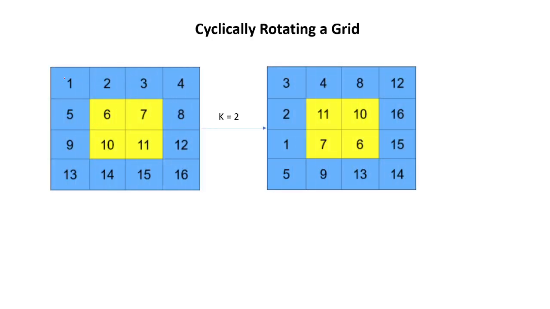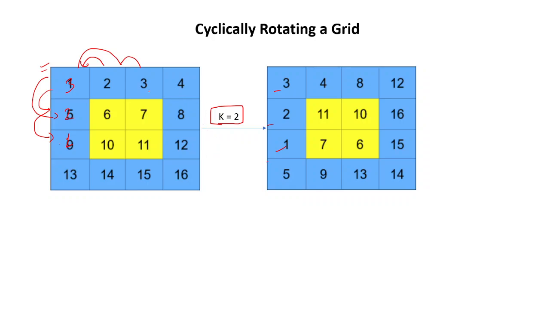Suppose this is our matrix. I have taken the example from there itself. This is our matrix, and after two counterclockwise rotations, k value is 2, we get this final matrix. So how do we get it? Two counterclockwise means this 1 will move to this position, then again from here to here. So 1 will come here, 2 will move here, 3 will move to this position in the counterclockwise direction. Similarly, we can see 3, 2, 1, 5, 9, 13, 14, and this thing is rotated by k equals 2.